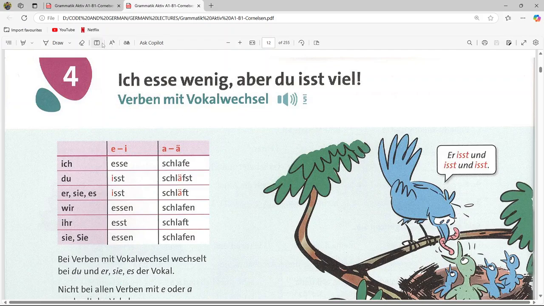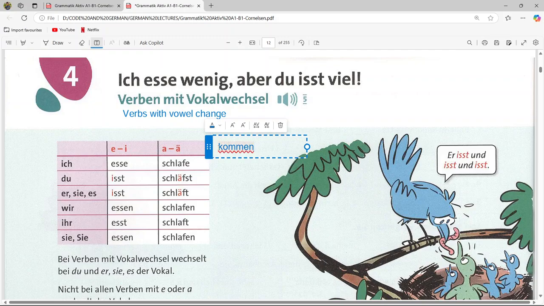Means these are the verbs with vowel change. Okay, so there is a change in the vowel in these verbs. Previously, in the previous chapters, we have learned about various kinds of verbs. For example, there is a verb called kommen,